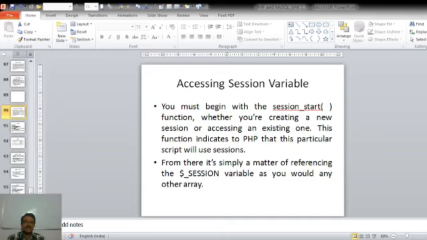In order to delete a session, first we have to delete the $_SESSION array, the session variable values, and after that we have to delete the session data from the server, which is stored in the form of temporary files on the server, by using the session_destroy function. In the next lecture, we will see how to deal with functions in PHP as in any other programming language.